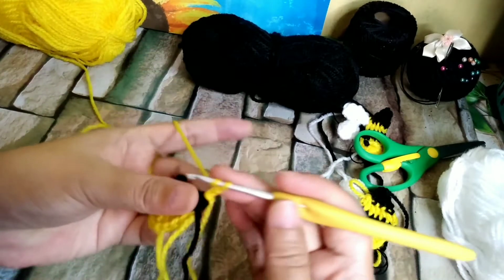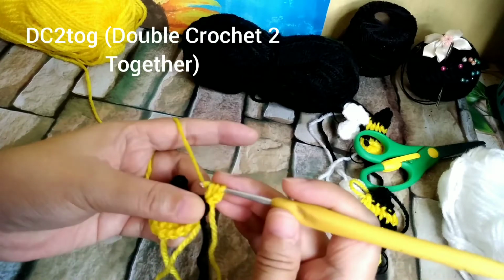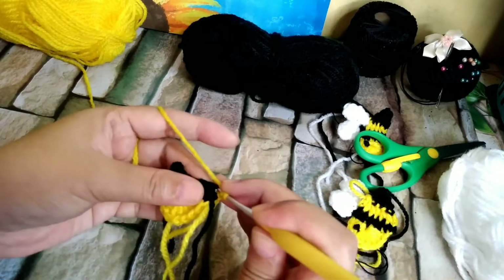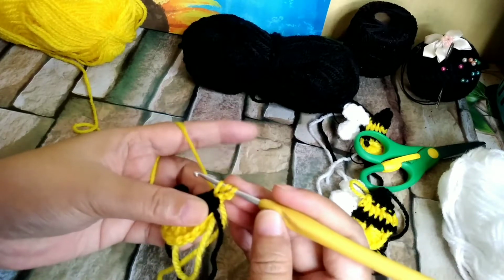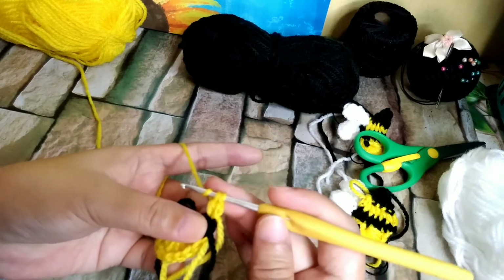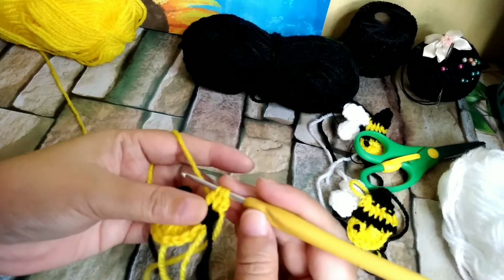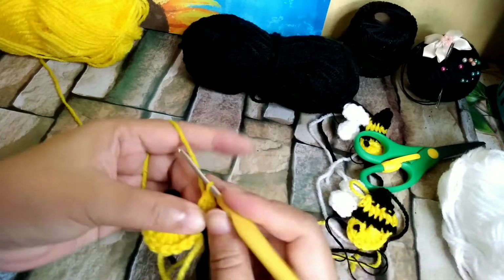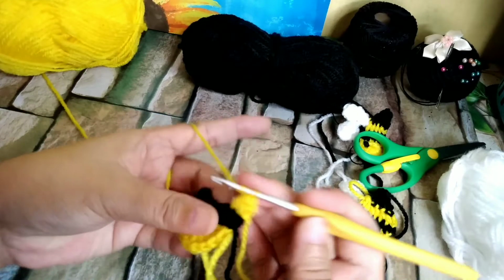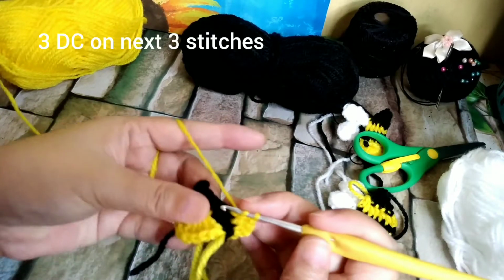2 together. So that is, okay, I'm gonna show you again. Yarn over, insert your hook on the first half double crochet, insert it through 2 loops, yarn over, insert on the next space, insert through 2 loops, and then insert through 3 loops. And then we're gonna make 3 double crochet in the middle part. So there's 1,